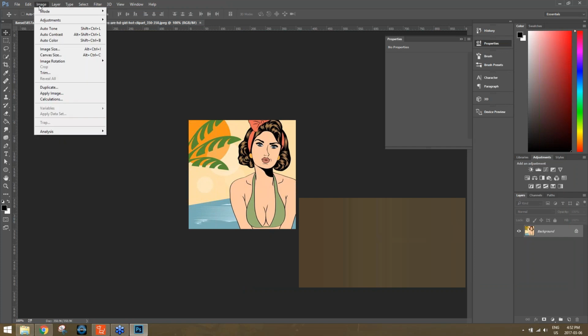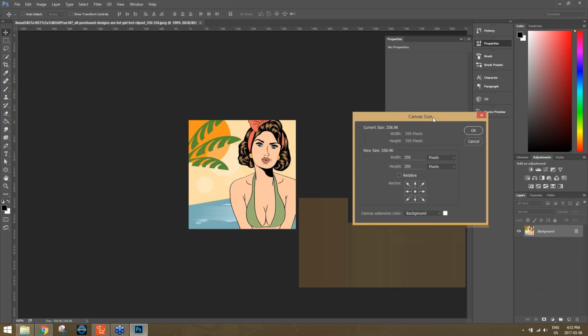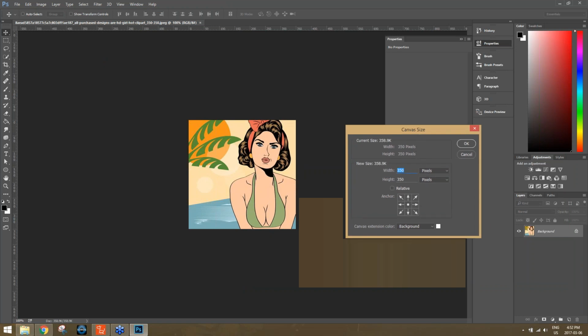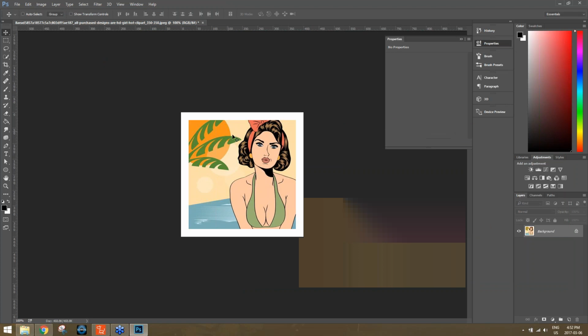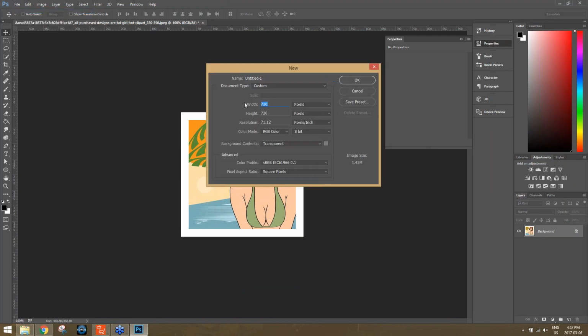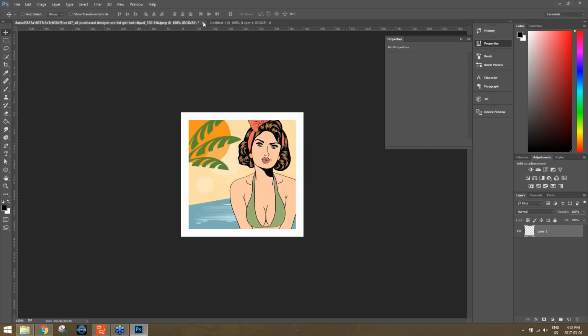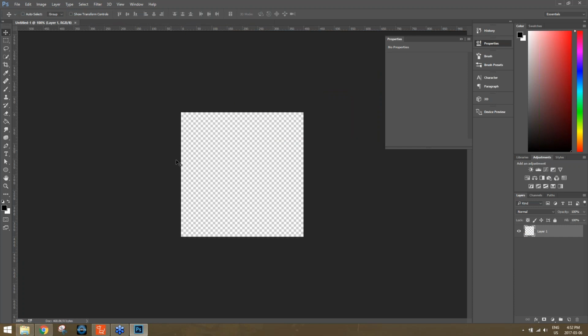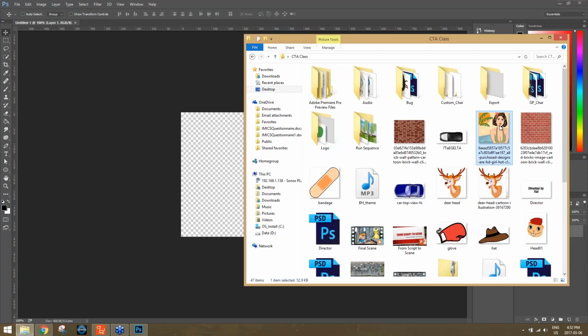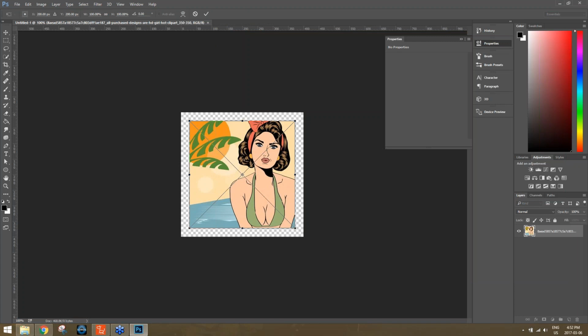And I'm going to go to image and, excuse me, canvas size. I'm going to make the canvas about 400 by 400 pixels. Okay, so we have a little bit of room to kind of stretch it out. Or we can actually just create a new image. This is probably a better way to do it. 400 by 400 pixels. Okay, let's close that original one there. And then what I can do is click that image in here, and it'll import it as a separate layer,